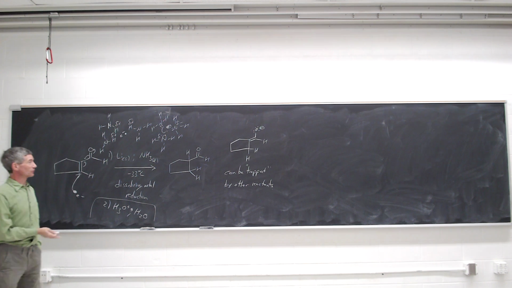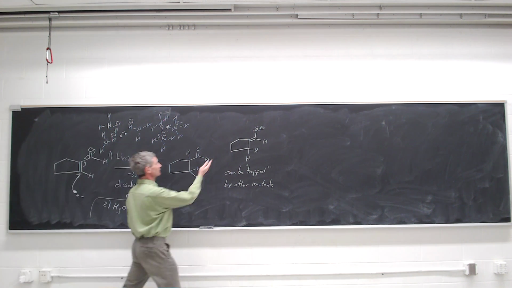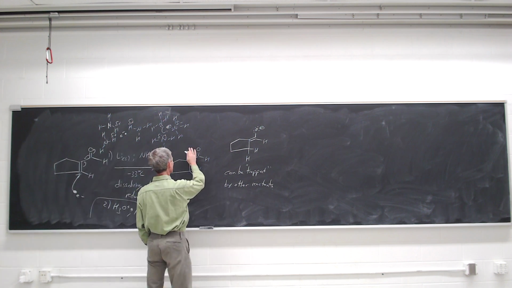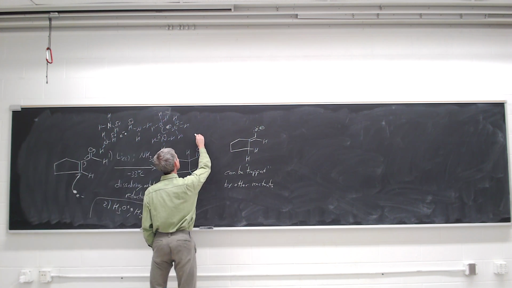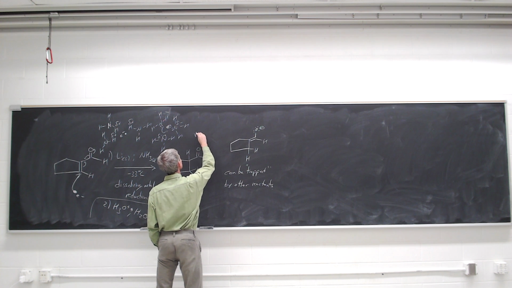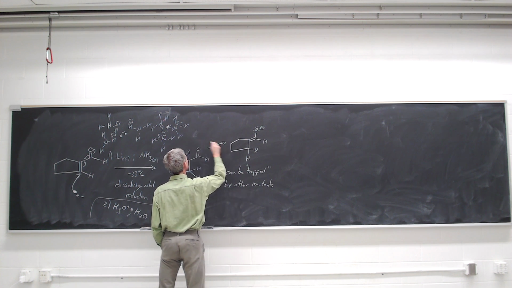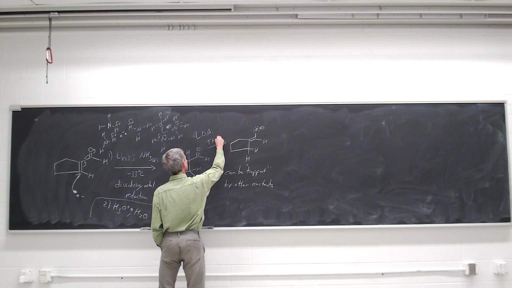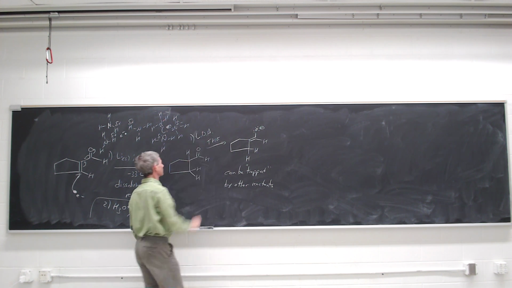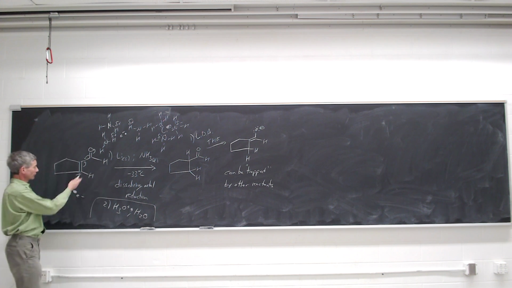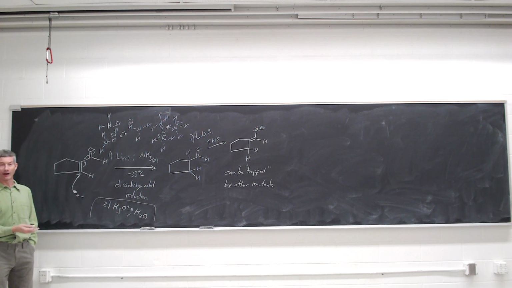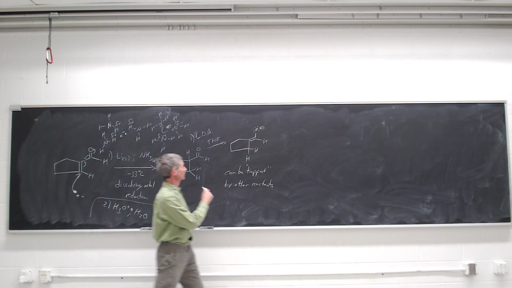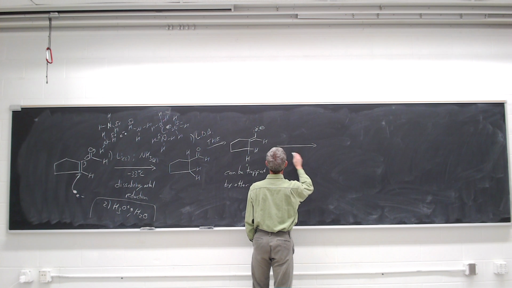The other reactant doesn't really care if you generated that enolate ion by direct deprotonation of the carbonyl compound using a base, maybe LDA, or whether you generated it by dissolving metal reduction from the alpha beta unsaturated carbonyl. The enolate is the same, and this enolate can then react